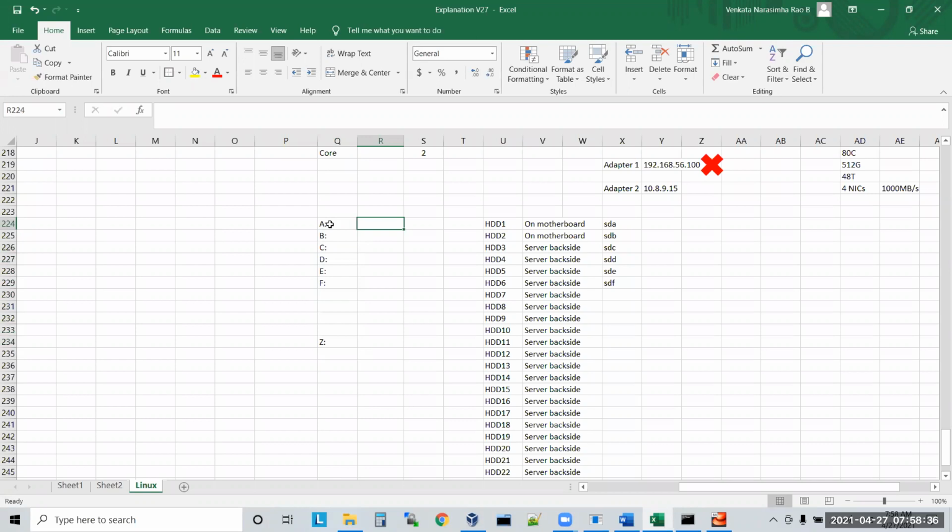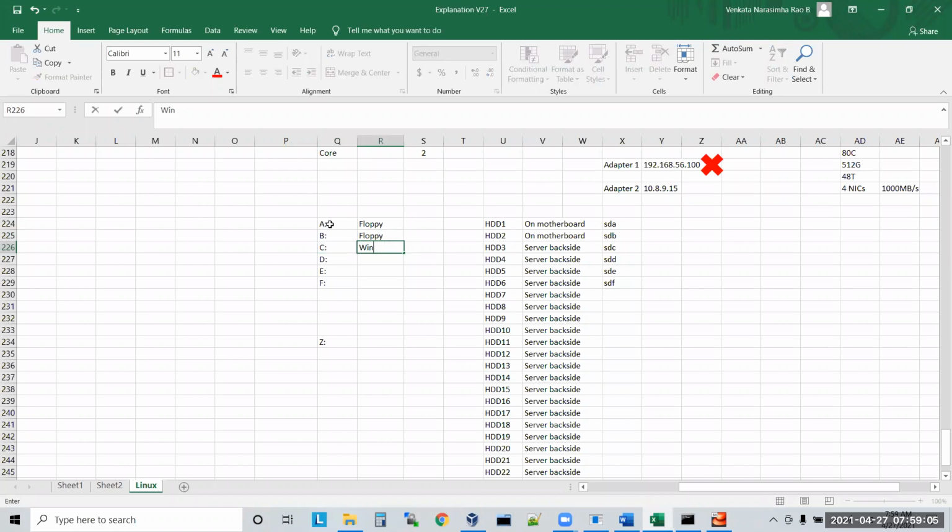Have you ever seen A drive, B drive? I think they are for floppy. Now nobody is using them. These floppy drives, nobody is using nowadays. Correct or not? Anybody using floppy drives nowadays? No. And C drive is the one where you will be installing your Windows OS.